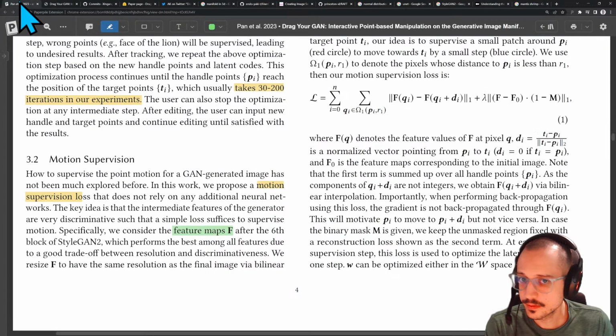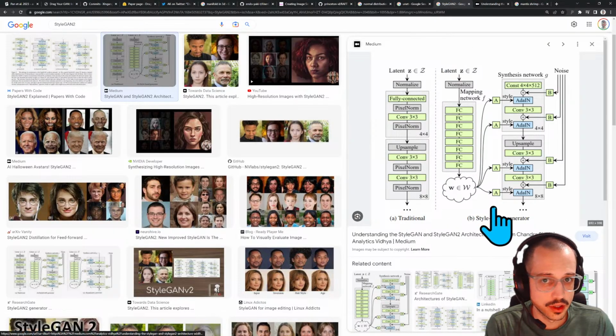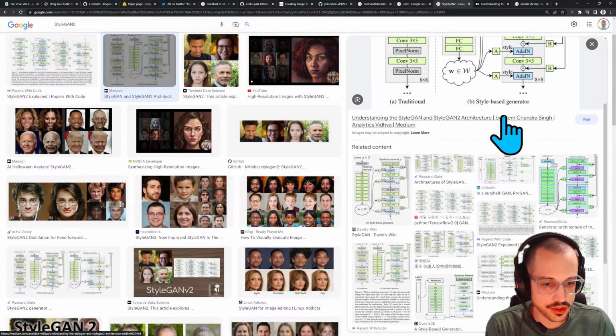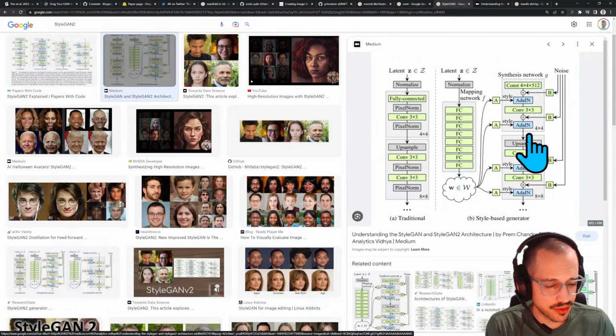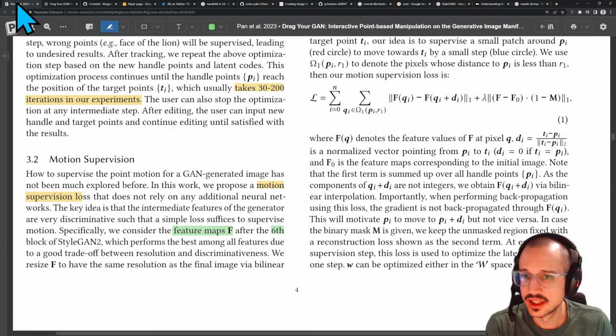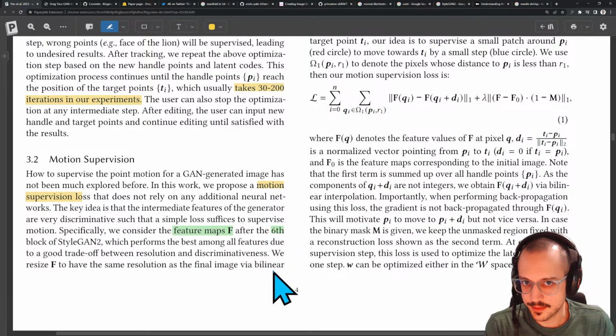So it's fed in after the 6th block. They're probably referring to, I don't know, there's maybe 8 blocks of these and then 4 blocks of these, so maybe somewhere here. Maybe it's this one here. That's what they're referring to. Which performs the best amongst all features due to a good trade-off between resolution and discriminativeness. We resize F to have the same resolution as the final image